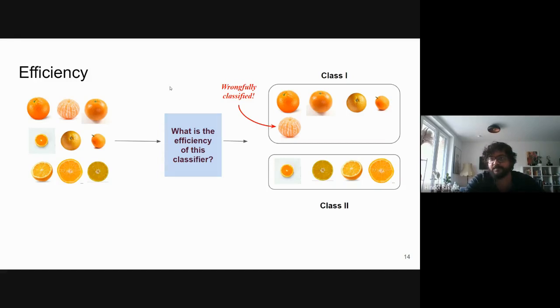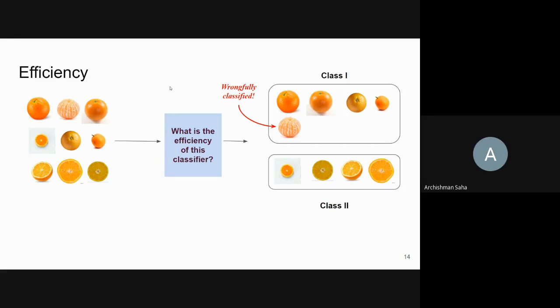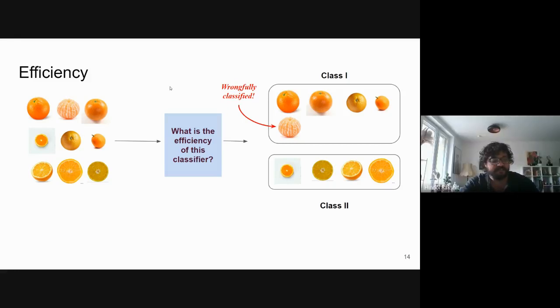Does that make sense? Yes. Okay. Now, so we are computing the efficiency with respect to the data set that is already provided. Exactly. That's all we can do. When we are computing the efficiency, we have no access to other data that might be available. We can only check based on the training set, the data set that is provided to us.